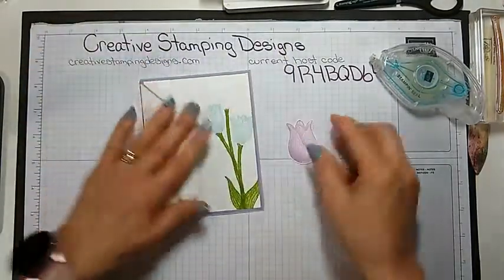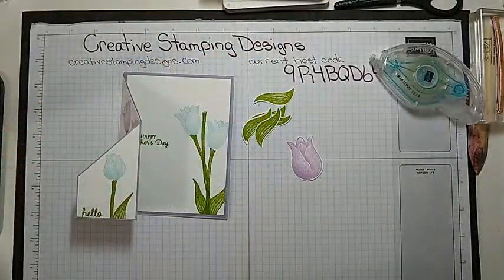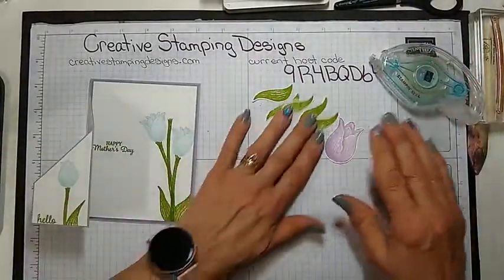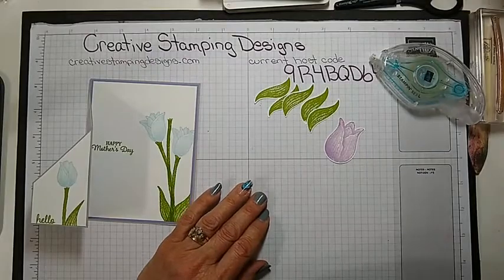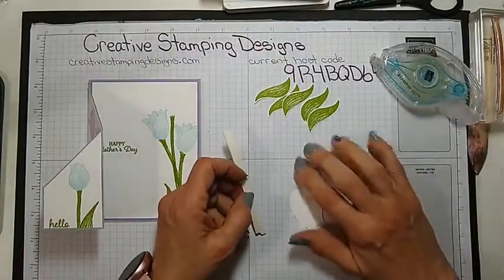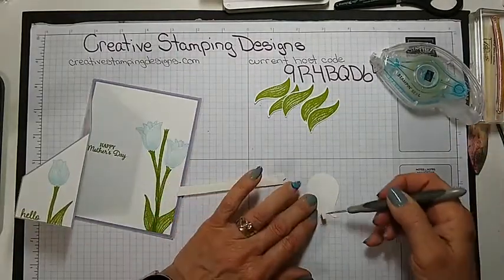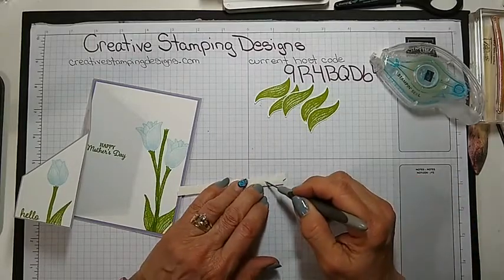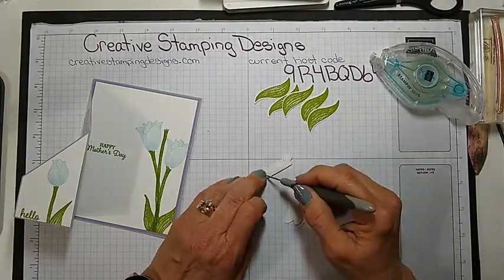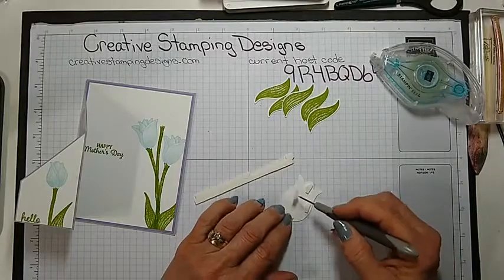Okay, I'm just going to add some of the leaves that I cut. I have just a few things that like I said, this is the extent, and I did it like about 5 minutes of. I decided real quick I'm not going to use all of them, but I just cut a bunch of leaves, cut the tulip, and I'm actually going to use Stampin' Dimensionals to put this on, because it's on the inside, it'll be okay to pop up. It's not underneath anything. Oh, boy, there it is. Okay. Just put a few dimensionals. I'm actually going to put 4 of them. I know it's probably too much, but